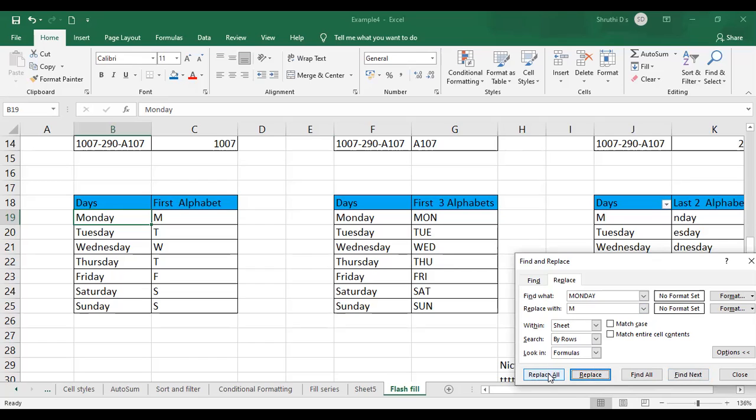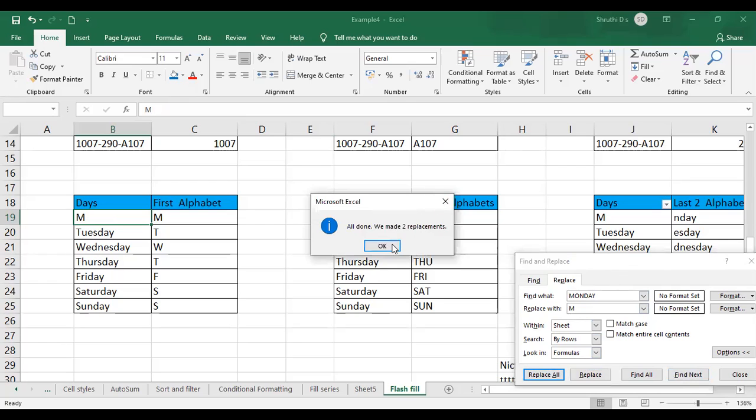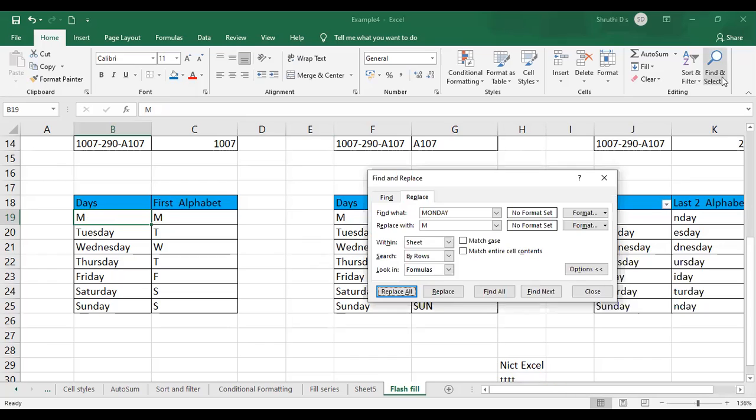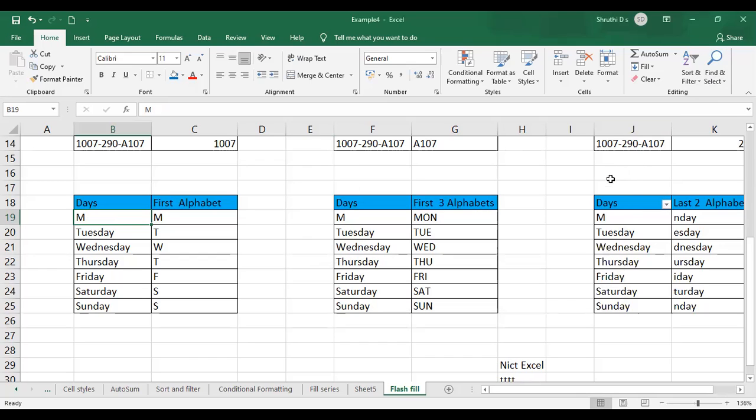It will replace wherever this pattern is, so you can replace all those texts. If I click on Replace All, it says we made 2 replacements, where it is yum and yum. So up to this, it is Find and Replace.